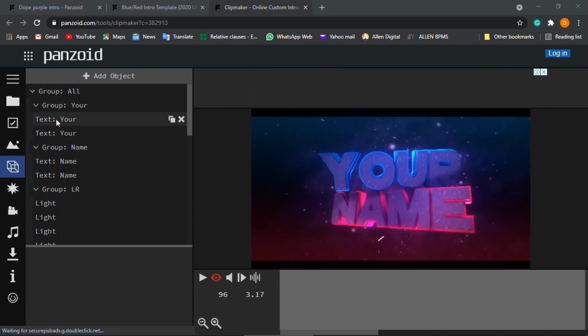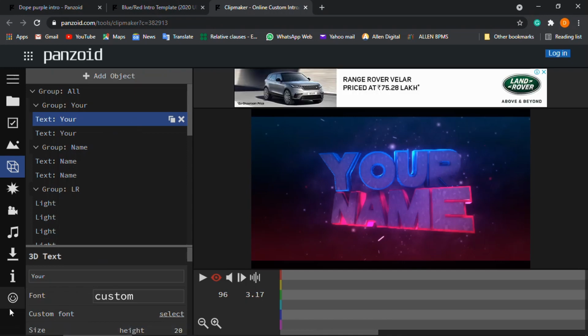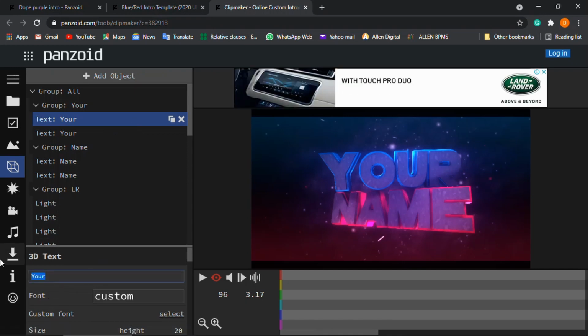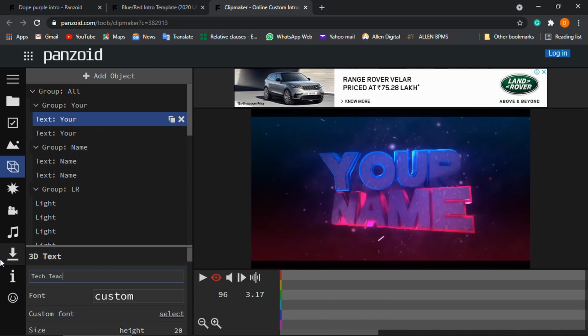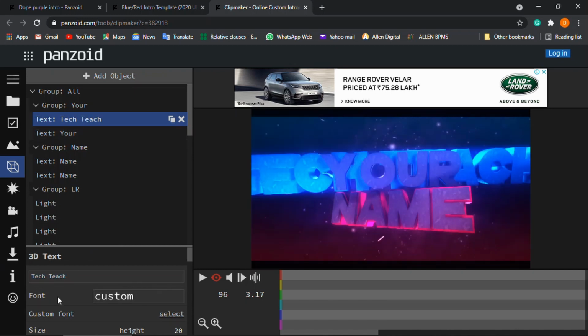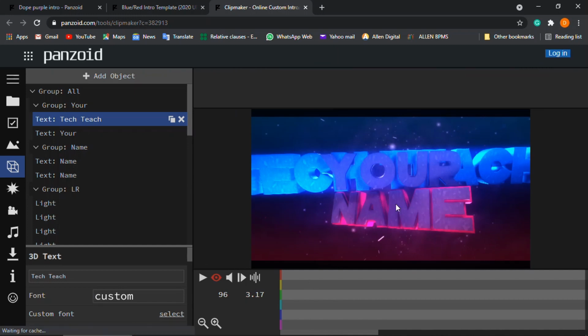For changing the text, first we should go to this tab, and then you need to type your text here. So I am making it for myself. First let me type my text. As you can see, I have entered the name here, but in the front it is showing "your", and in the back it is showing my name, TechTeach. And you can also notice that it is going out of the screen and becoming very large.